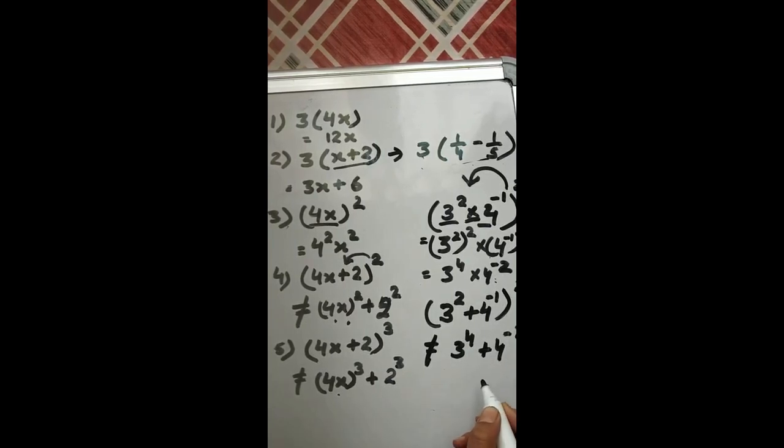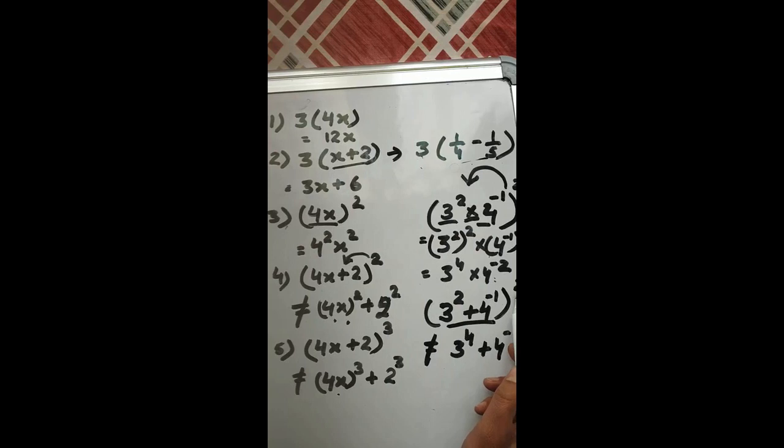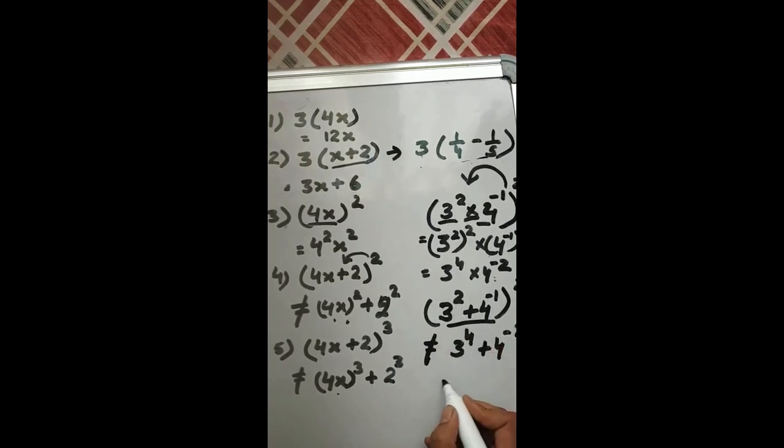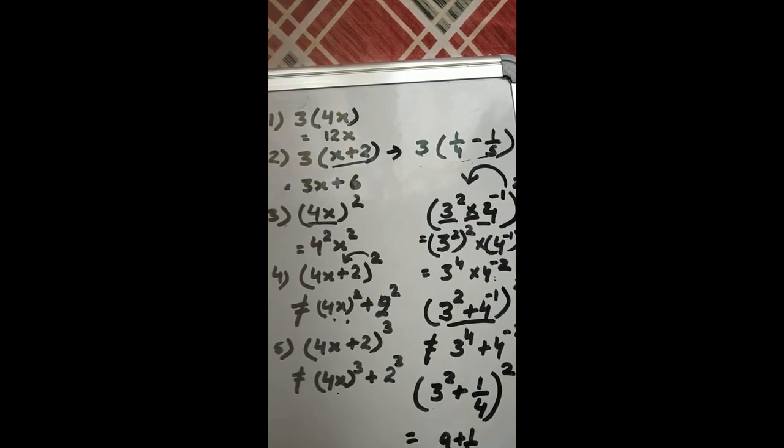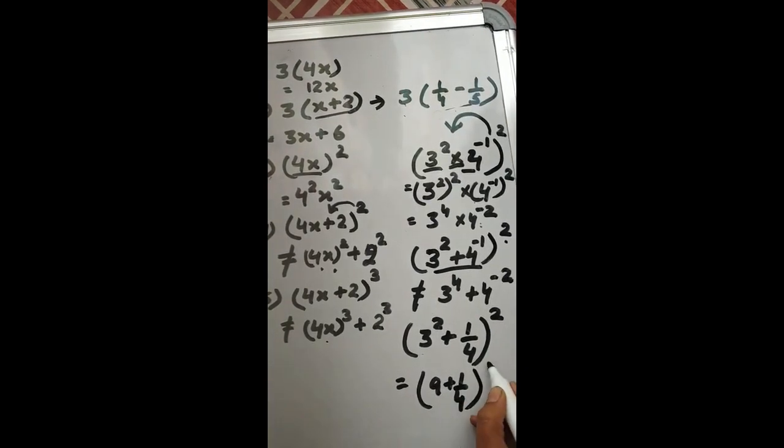So what is to be done? We have a simple way out here. We can sort out the bracket and then square, because when we solve it, it will become one number. When we add something, they become one. So the answer for this is 3 raised to power 2, and 4 raised to power minus 1 means 1 over 4. And then we have the whole raised to power 2. This will become 9 plus 1 over 4 whole raised to power 2, which is 9 full 1/4, or you can say 37 over 4.